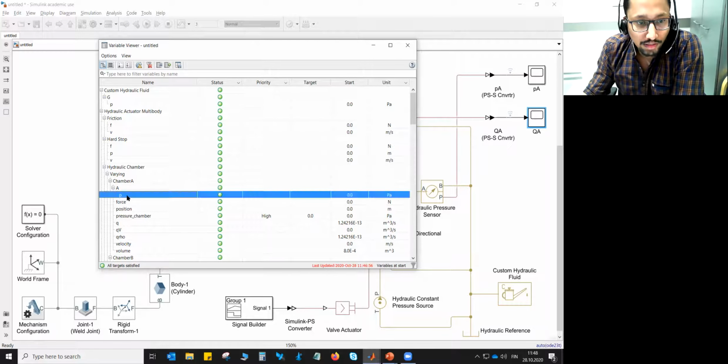This pressure is actually 0 in the beginning, and for that reason it is causing that problem. It should not be 0; it needs to have some value.